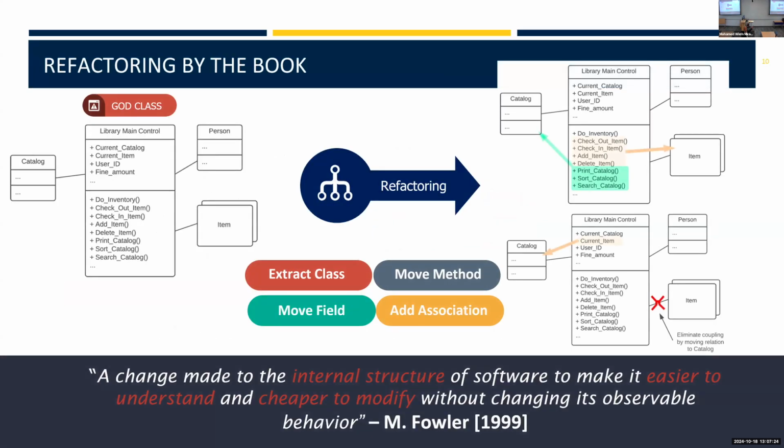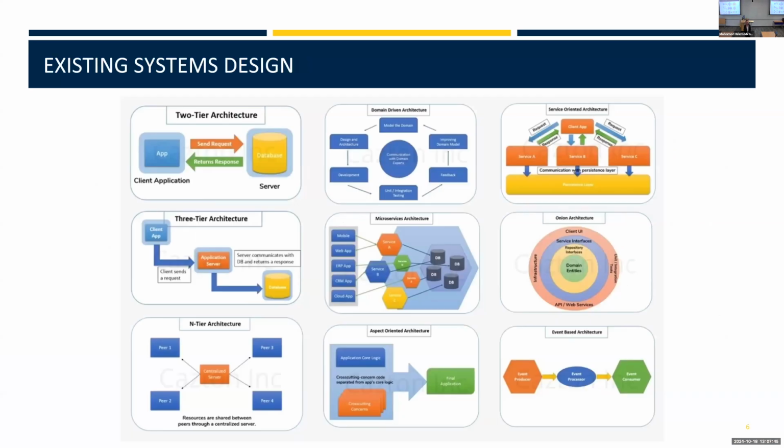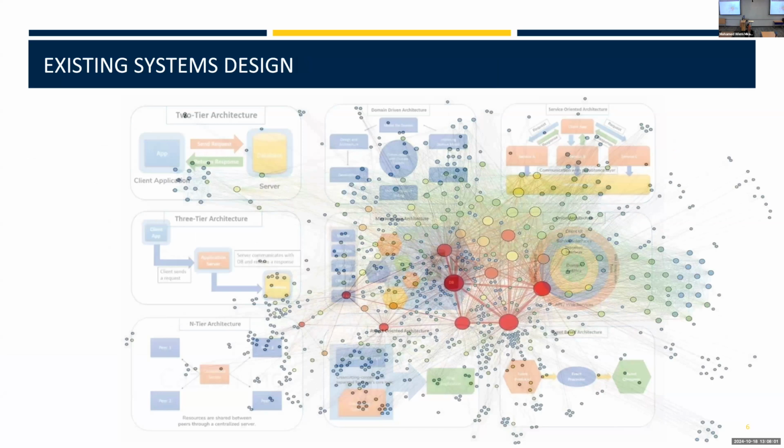By the book, the idea of fixing all these problems is called, obviously, refactoring, which is the art of changing the internal structure of the code to improve how it works. By the way, ask me any questions anytime, so feel free to interrupt me anytime. Our intention is to create those kinds of nice designs. That's what refactoring is intended for. Whenever we think of refactoring, we think of these nice designs. Unfortunately, these diagrams exist in our academic books. If you look at the real world system, it looks like this, okay?